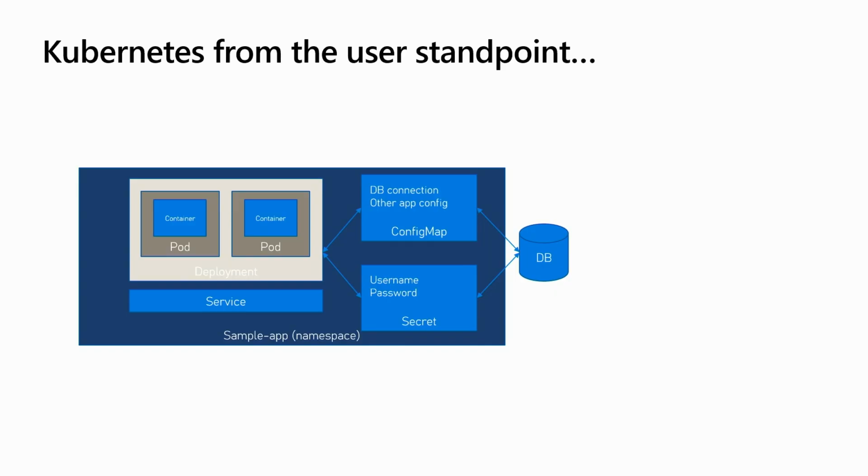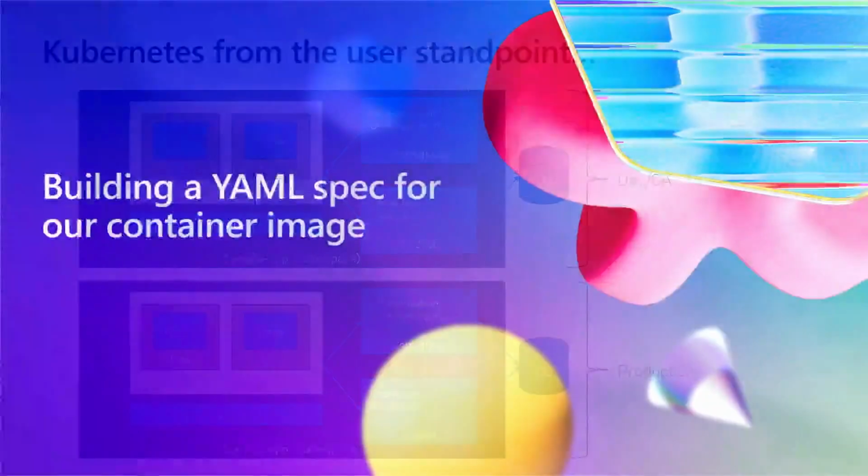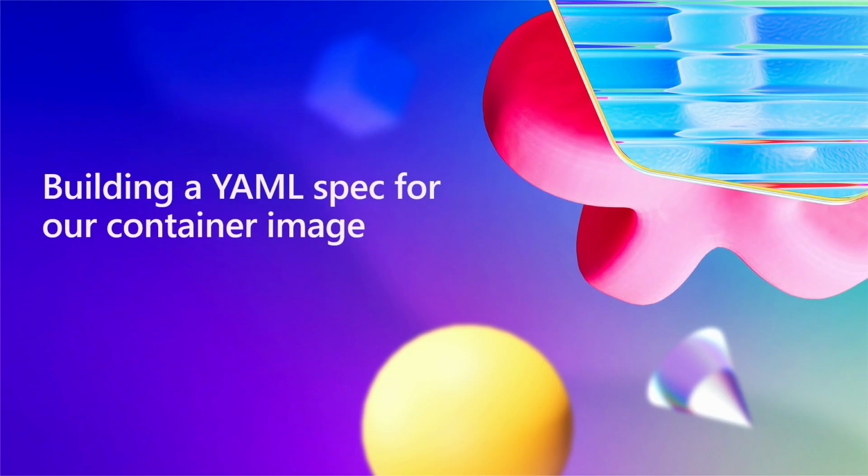Great. So config map is the other one, for things like the connection string for the database or other information that is not secret, all right? And then, again, the main reason we do all of this is that if I have to deploy this for my development and testing environment, I want to have one configuration. If I have my production environment, I want to have a different configuration, right? So let's take a look at how we build a YAML specification.